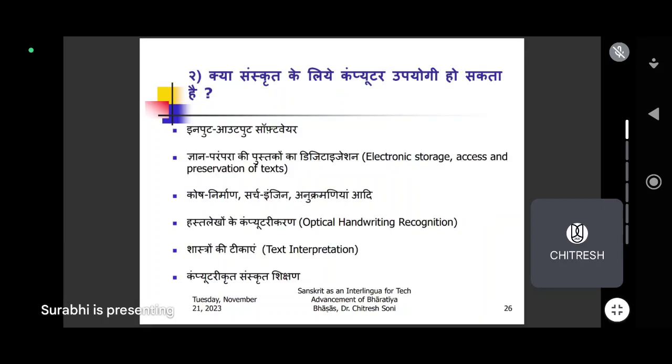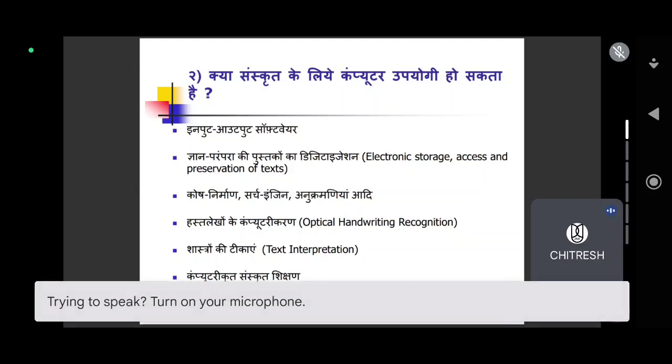These are the next things related to क्या संस्कृत कंप्यूटर के लिए उपयोगी हो सकती है। So input output software, so this slide can be skipped also। शास्त्रों की टीकाएं, टेक्स्ट इंटरप्रिटेशन, ऑप्टिकल हैंडराइटिंग रिकॉग्निशन, this can be used for the betterment of संस्कृत और अन्य इंडियन लैंग्वेजेस। जो डेटा की हमें आवश्यकता पड़ेगी उन डेटा को कैसे हम डिजिटाइज करेंगे, इनपुट आउटपुट सॉफ्टवेयर के थ्रू, इलेक्ट्रॉनिक स्टोरेज एक्सेस के थ्रू, कोष निर्माण के थ्रू, सर्च इंजन के थ्रू, अनुक्रमणियों के थ्रू। कंप्यूटर्स में आप एक रिपोजिटरी, रिजर्वायर बना सकते हैं, फास्ट कंप्यूट कर सकते हैं। So computer will be helpful for Indian languages also,